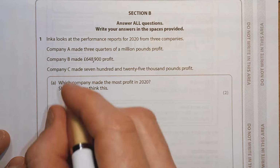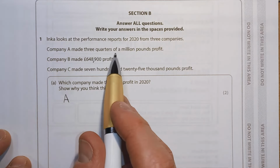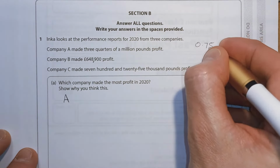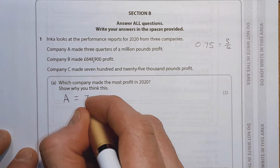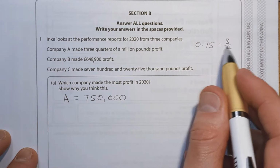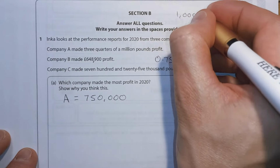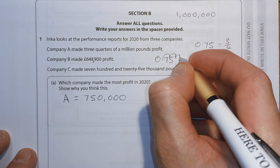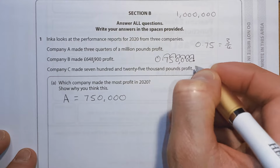Okay, so Company A, how much profit? Well, basically what we're going to do is turn these words into numbers. So 750,000. Well, 3/4 is 0.75, if you're just thinking a standard 3/4. So as long as you knew the 3/4 was 0.75, you could do 0.75 and then think, well, a million has got 6 zeros. So we're moving this decimal point 1, 2, 3, 4, 5, 6 to here. Fill in the zeros and you'll see